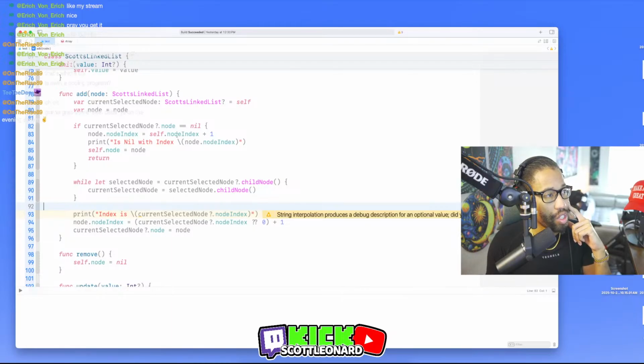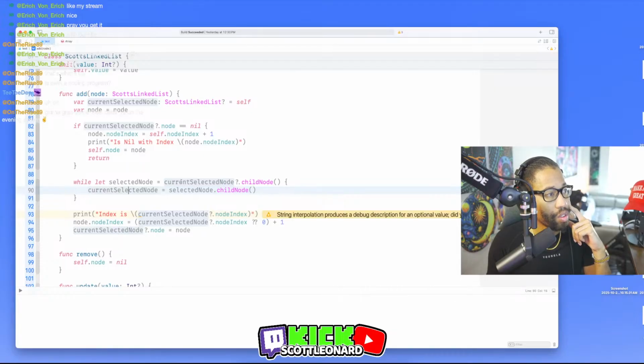The index starts at 0, so it's going to be 1. Then we're looping through all of the nodes. If it's not nil, then we do current selected node equals child node, and we keep cycling through them until we find one that's nil.